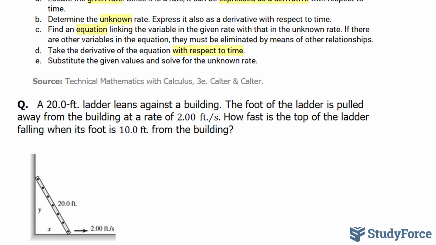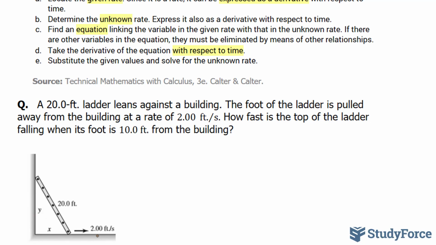The question reads, a 20-foot ladder leans against the building. The foot of the ladder is pulled away from the building at a rate of 2.00 feet per second. That's a very important number. That's the rate of change for the speed along the horizontal with respect to time. We need to find out how fast the top of the ladder is falling when its foot is 10 feet from the building. So we need to find out the speed at which this part is falling when the horizontal